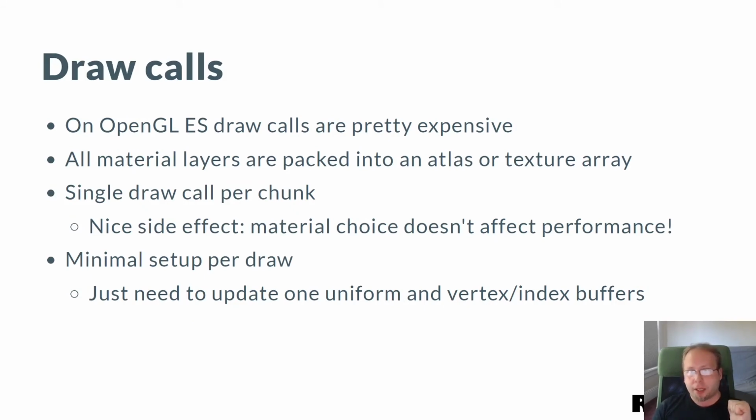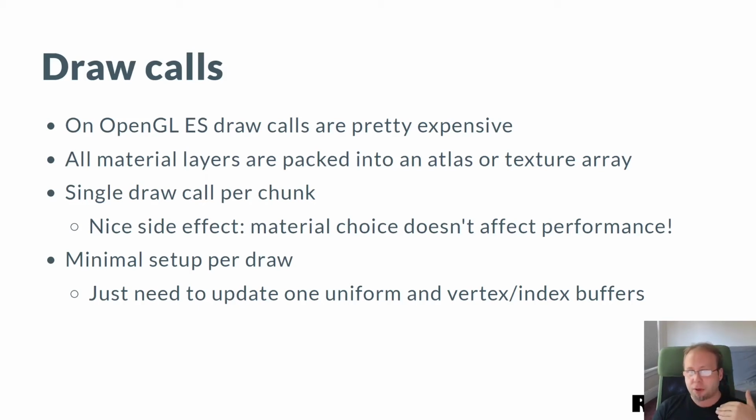So then, draw-call-wise, again, OpenGL 2, iPad 2, weak CPU, pretty thick driver layer. We have to minimize that. To minimize that, we have to make the decision where every chunk is drawn in a single draw call, and to do that, we have to pack all of the material layers used in the level into either an atlas or a texture array. We prefer texture arrays, of course, but OpenGL 2 mostly, so we have to use an atlas, and inside an atlas, we have to leave large borders to have MIPs operate in terms of filtering. But when we can, we do use texture arrays.